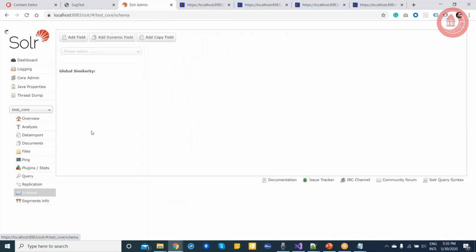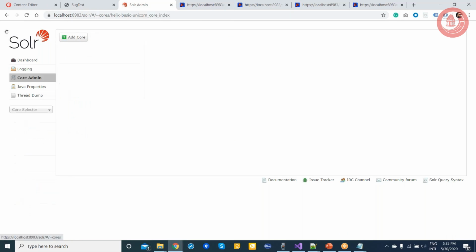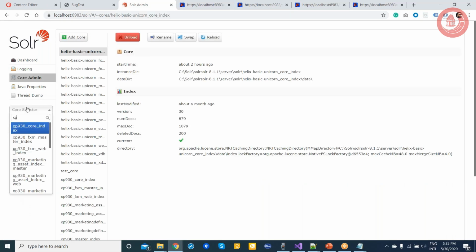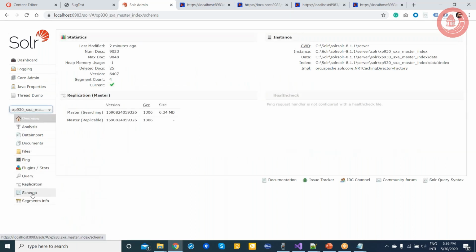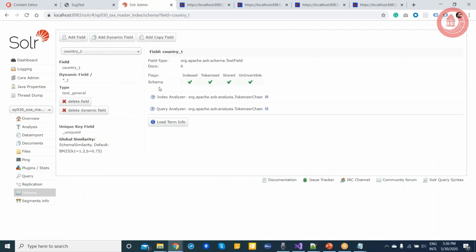If you go to schema and country, I'm using this XP0, where is my SXA? So this is my SXA. If I go to a schema, I need to make sure that I choose the right field, which is country tree.